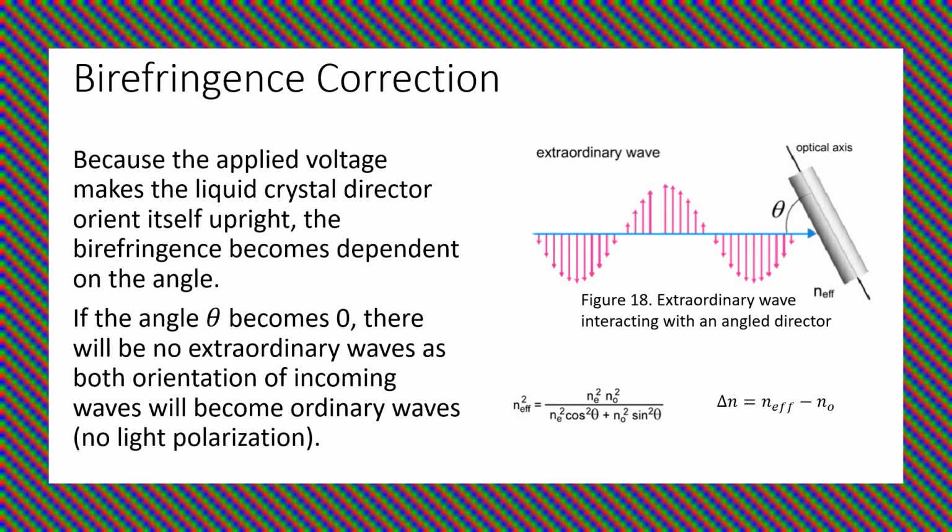What this states essentially is that if the angle of the director becomes really small, like the theta in figure 18, then it just becomes ordinary waves. Therefore, both of the incoming waves become ordinary waves, and it's not going to show any more birefringence and not going to polarize